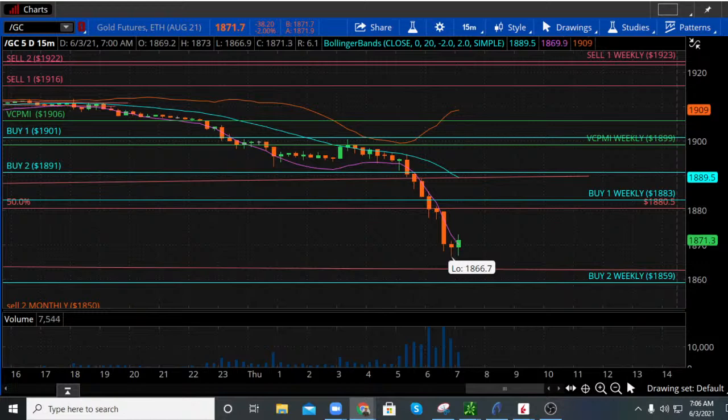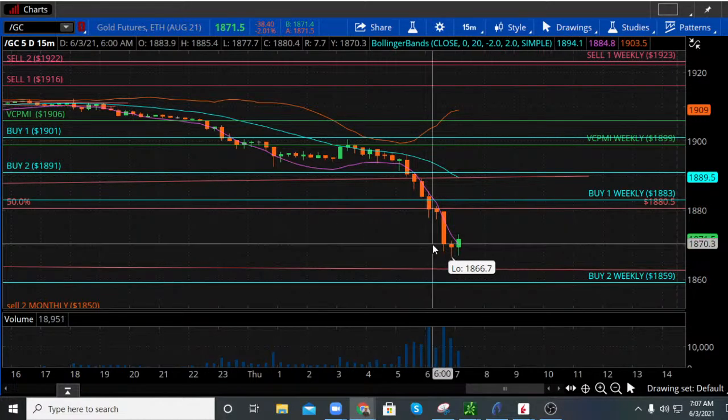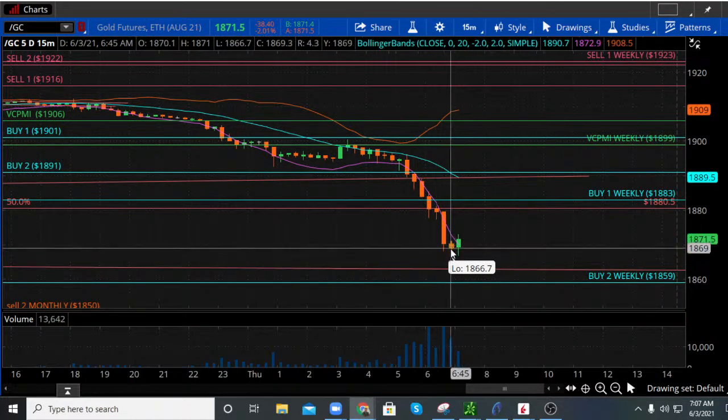We were expecting this reversion to unfold from a mathematical point of view, not a fundamental point of view. The VCPMI was anticipating this correction to come in into these levels here. We want to watch the behavior of the market. The market is going to confirm for us the accumulation that's taken place, whether the sellers here have capitulated